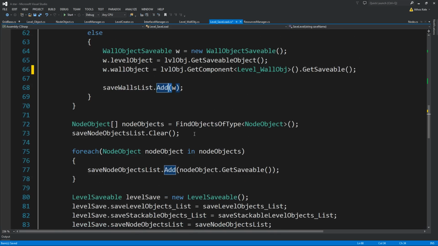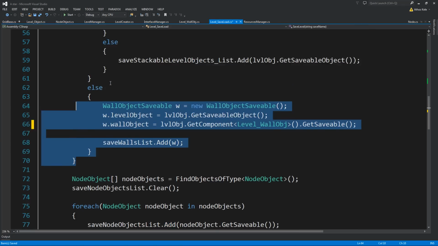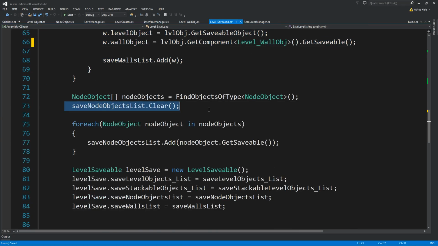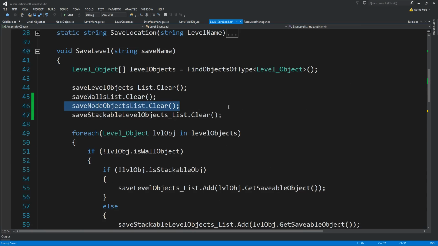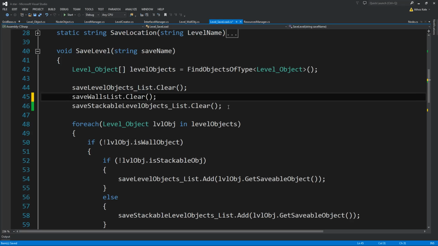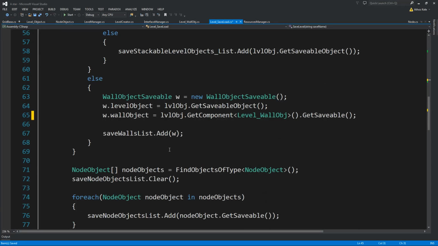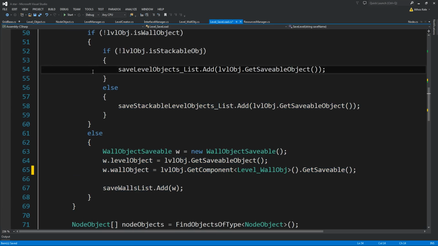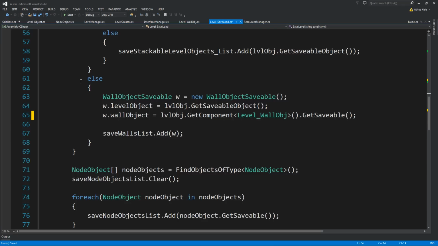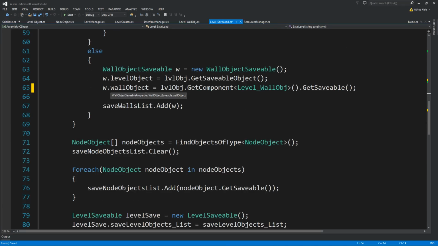Now, for this, this controls the saves. Save node object list, we had it, so let's delete it from over here. No point in clearing it again. Okay, and this assigns everything into the correct list. Okay, this is strictly for organization purposes. And then we say